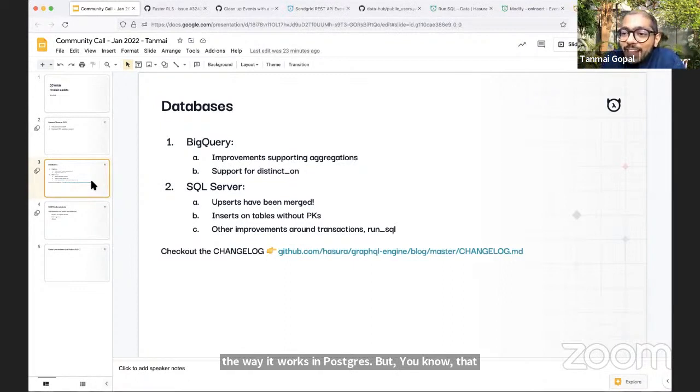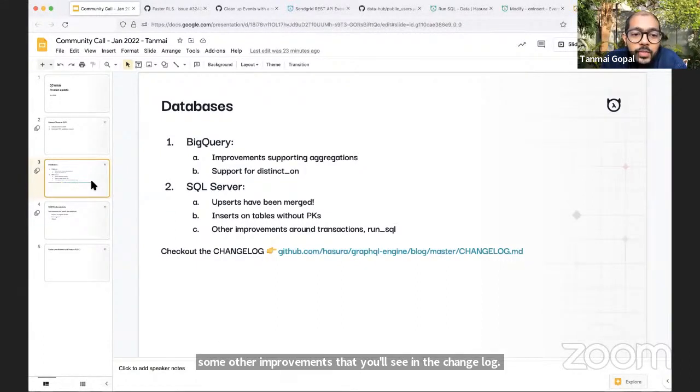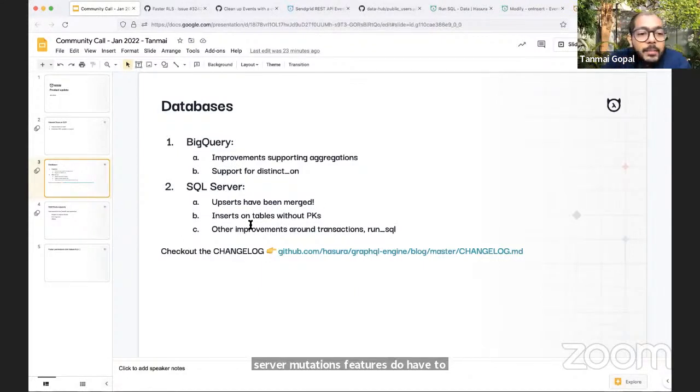So a slightly different syntax, but a very useful capability again. And some other improvements that you'll see in the changelog. So if you're using BigQuery or SQL Server, please do give that a spin, let us know. Some of the SQL Server mutations features do have to come into the console on the data side, I think, but otherwise the feature is already merged in the GraphQL API.